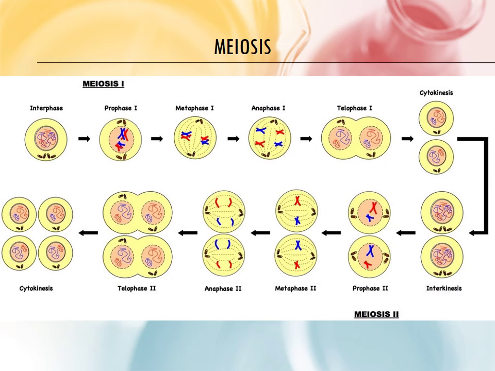Meiosis II is similar to meiosis I. The only difference is that DNA duplication and crossing over do not occur. At the end of the process, which started with one diploid cell, the result is four haploid cells.